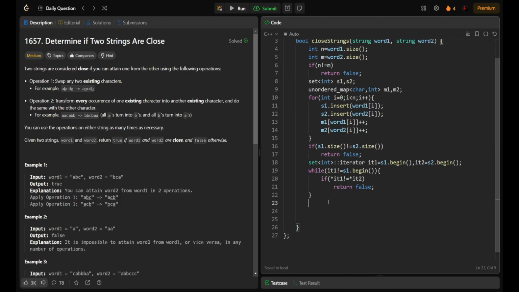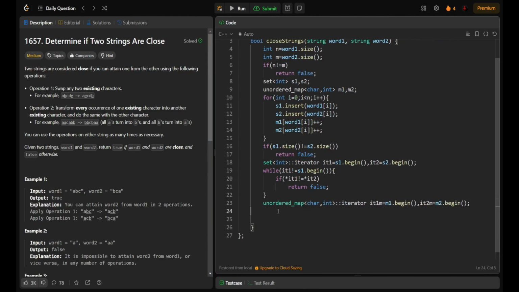Now we have to take an iterator again for the unordered map. Iterator 1 M, to differentiate between this iterator and this iterator, M is for map, equals to M1 dot begin. Iterator 2 M equals to M2 dot begin, and we have to take two vectors. Let me call them V1 and V2. Now while iterator 1 of M not equals to M1 dot end, which means we are checking the whole hash map,